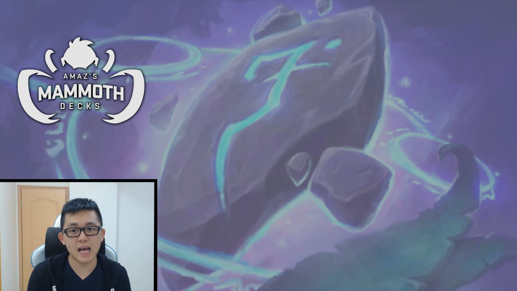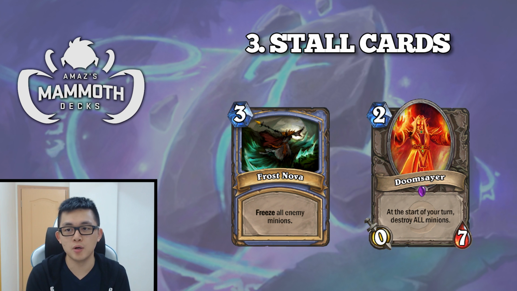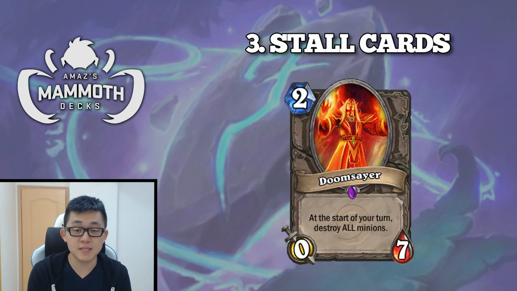Finally, while your opponent can't interact with your strategy to assemble the win condition too fast, you must try and hinder them to prevent yourself from dying. This usually involves stopping their minions, and the classic Frost Nova and Doomsayer combo works wonders on minion-based decks. Remember, you can always break apart the combo if the situation calls for it, such as playing Doomsayer on turn 2. It's really hard to kill a minion that has 7 health in turn 2 this early on,